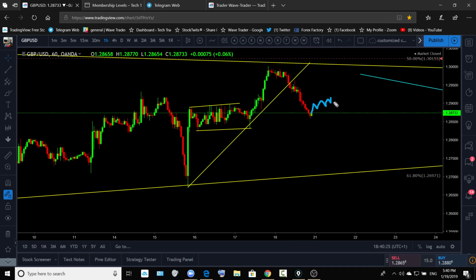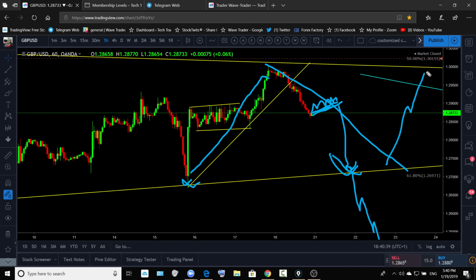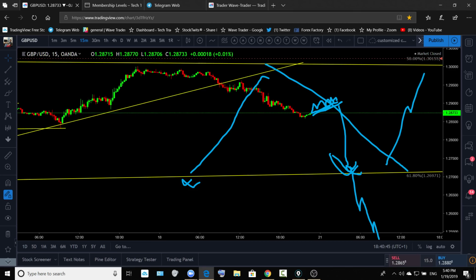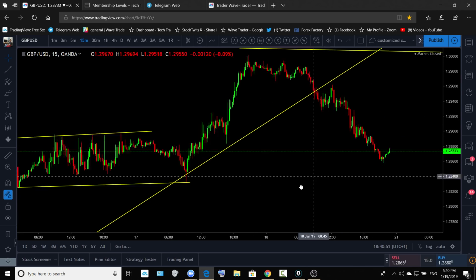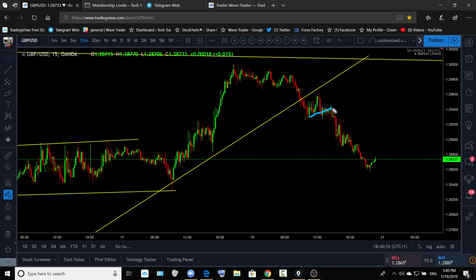If you see that correction, watch for it to break down, clear that bottom and that trend line, and continue to go lower. If it is not going to break down, then look for this move to continue to go higher. Let me go back to the lower time frame. This kind of correction is going down, but very slowly. Watch for that kind of correction to continue to go lower and break the previous bottom, or the trend, or the daily correction.